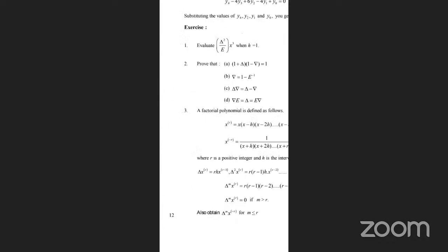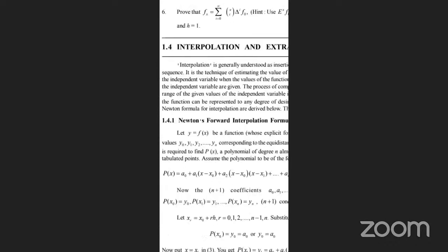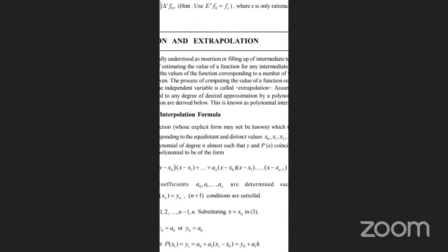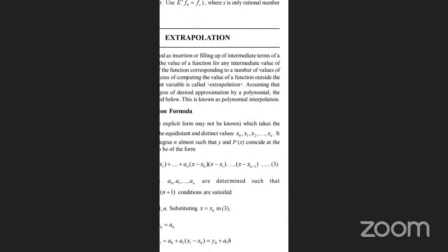So there are some exercise problems you have to do here, on interpolation and extrapolation. In interpolation and extrapolation, Newton's forward interpolation formula: let y is equal to f of x be a function whose explicit form may not be known, which takes the values y0, y1, y2, ..., yn corresponding to x0, x1, x2, ..., xn. That is the required polynomial p of x of degree n, and the y in p(x) coincides with the tabulated points. Assume the polynomial to be of the form: